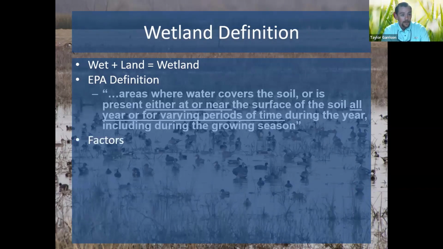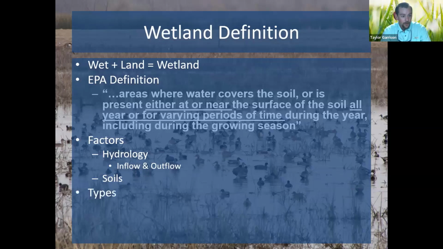In general, what affects a wetland is hydrology. That's simply the movement of water in relation to land, and for our purposes, that's the inflow and outflow of water. Soils are also a big factor. If you recall from Soils 101, if you ever took that class or biology, clay soils have a very high water holding capacity and low permeability. That could cause more water holding in a wetland, whereas deep sands are very highly permeable and low water holding, so water might only be held during portions of the year. That can affect what type of wetland it might be.